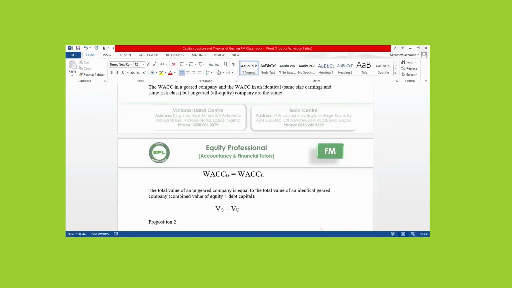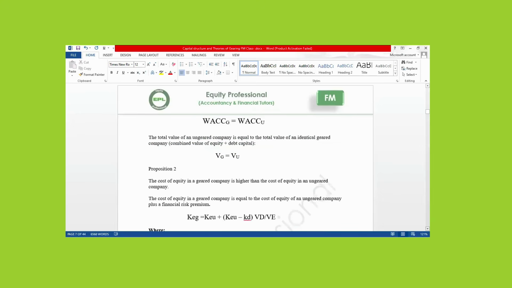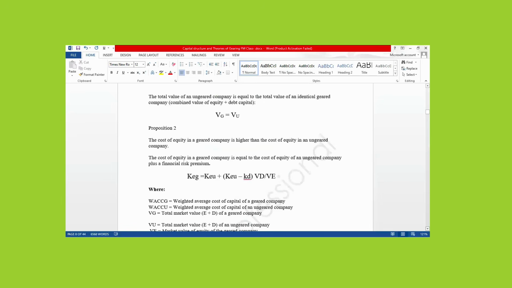Proposition 2. The cost of equity in a geared company is higher than the cost of equity in an ungeared company. If a company is geared, your cost